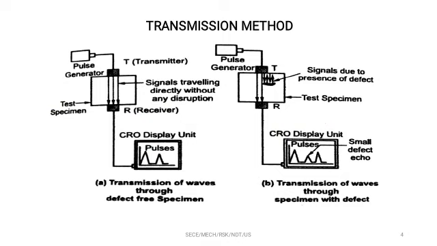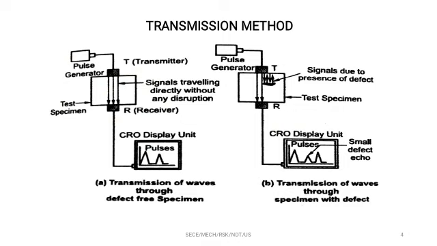In this slide you are seeing two descriptions, where the first one shows the transmission of sound waves where the material has no defects, and B represents the transmission of waves where the specimen has a defect. At the top you are seeing a pulse generator, and this rectangle shows the material. On the top of the material you have one transducer. The first transducer helps in transmitting the sound waves generated by the pulse generator. At the bottom you are seeing another transducer fixed onto the bottom surface of the material. It receives the signals from the material and passes the received signal to the